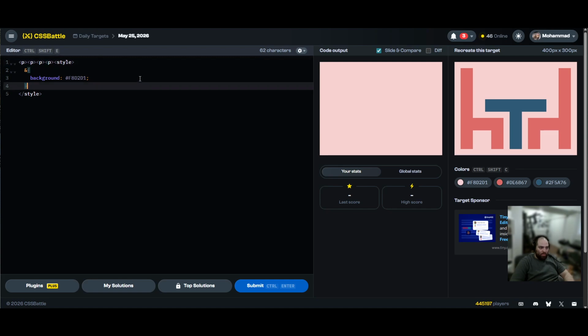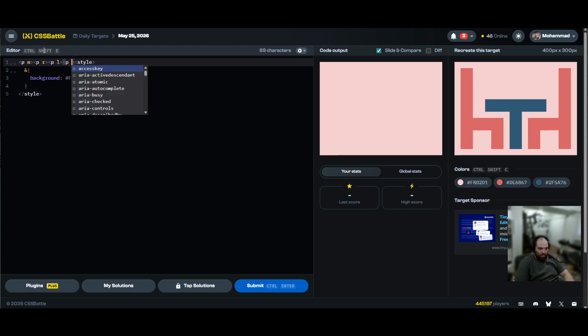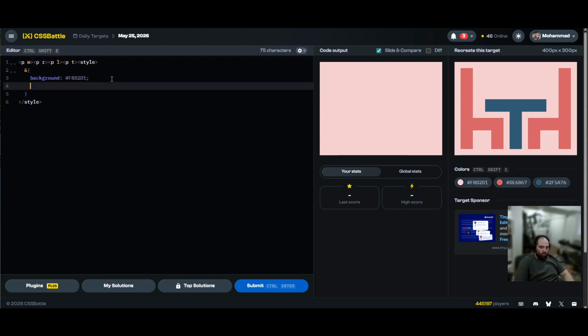So for p tags, we'll go main, leg. So let's go right legs, left legs, and then here we'll do T for table. Actually, we might be able to get away with not using one of these. For main, we could just use the